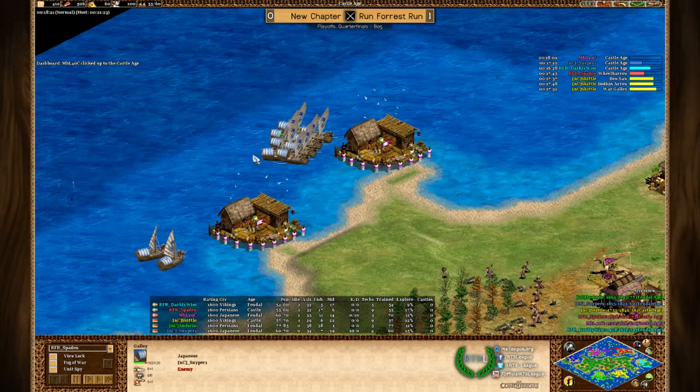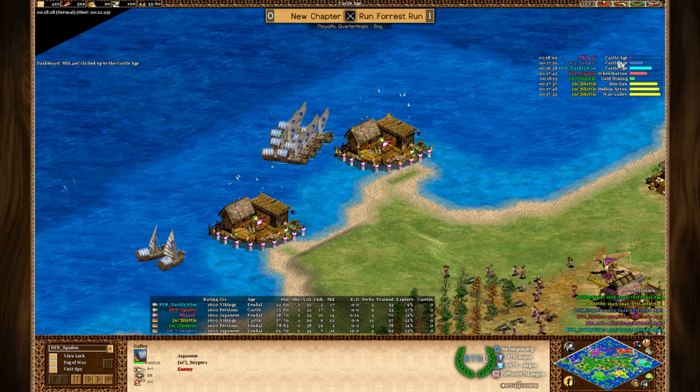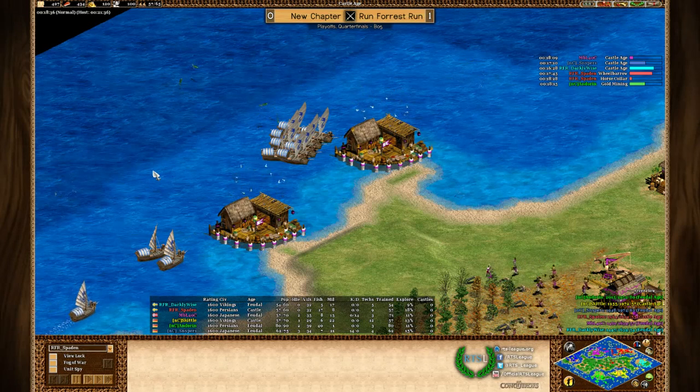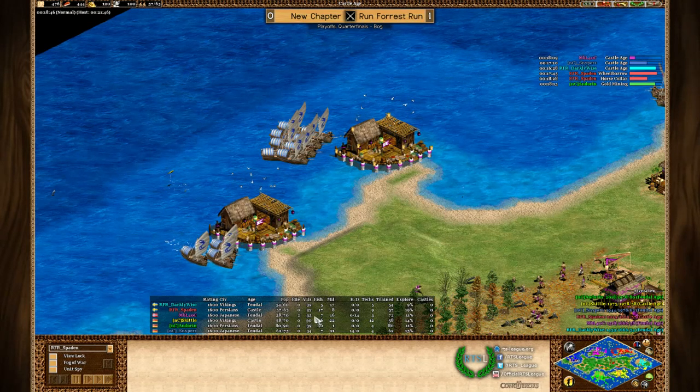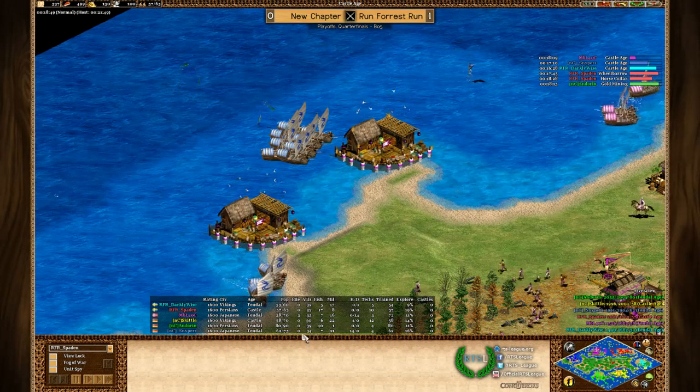Okay, on the water though, they are losing quite heavily, obviously, as MBL wasn't just right now advancing to Castle, so it's going to be even slower than Sniper was going for a full galley rush. So I'm not exactly sure why MBL was so slow. Even though he was advancing with so many villagers, he's right now at 35, basically the same as Sniper, and